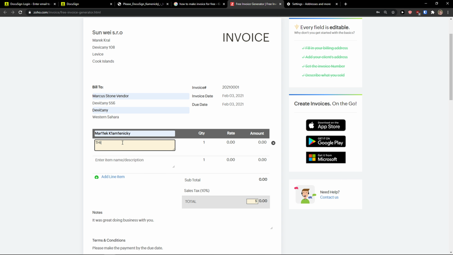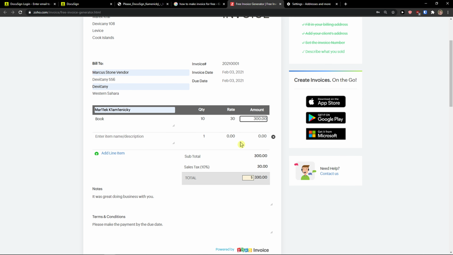So you add here this book. You can go with the quantity 1, or you can go with the quantity 10. Then you choose right here with like 30, or just choose the rate here, and then you're gonna see amount here, right? 300. You can add multiple items if you want to, and then you're gonna see subtotal here, 300, and